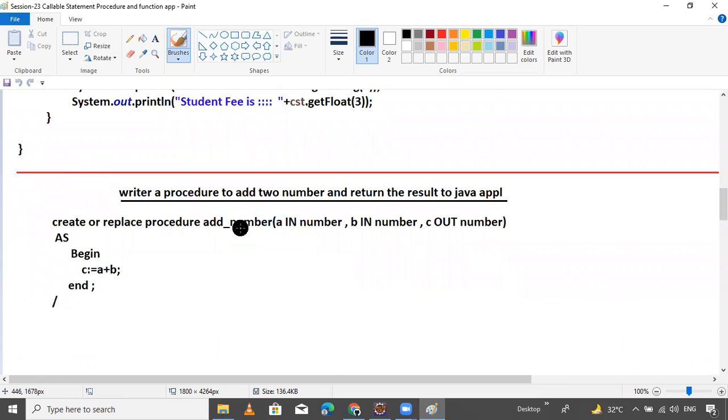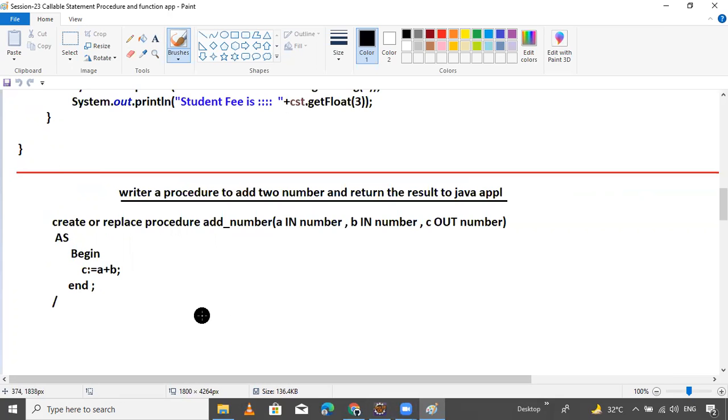So today's agenda: in the last class we created procedures like this. If you don't have this, I will create one more time in front of you, guys. If you are watching this video for the first time, don't worry. If you come here to learn procedures, how to work with the procedure, please watch the full video, then you will get clarity. In this video also, I will tell you how to create a procedure for authentication, like user login inside the database, and how to interact with the database. Okay, guys, so let's start.